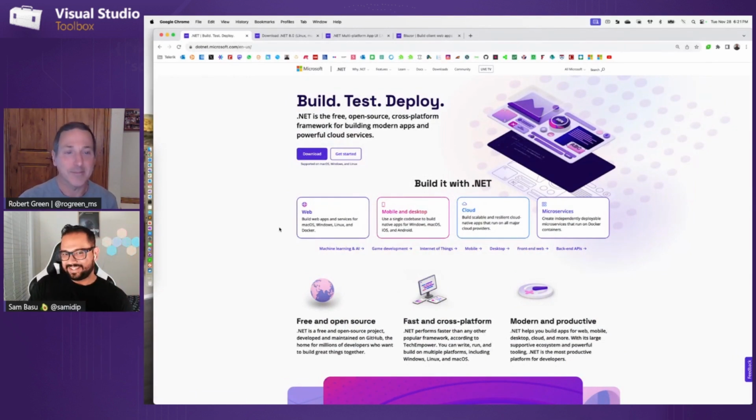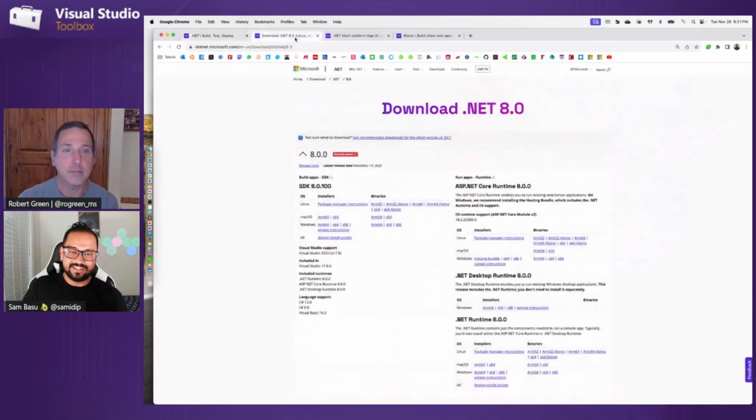Robert and I remembered the days of old .NET Framework, where it was a system-wide installation. You had one .NET Framework per machine, and your IT had to spend months trying to figure out how to move things forward. All of those days are gone. .NET can be a platform on which you build your apps, but when you deploy your apps, it's just a runtime for you to run your apps. And that's just a folder. You can have any number of .NETs on your machine. I routinely blow away the folder and re-get the folders. I can package .NET with my apps. So again, it's very, very portable.